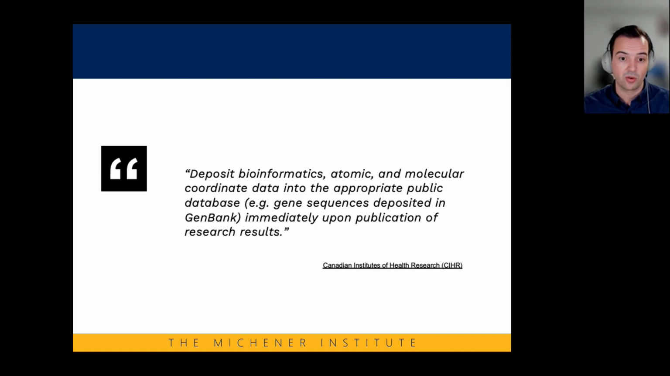CIHR has a very similar requirement: deposit bioinformatics, atomic and molecular coordinate data into the appropriate public database, and gene sequences deposited in GenBank, immediately upon publication of research results. So they're actually much more specific about the data that you were collecting, specifically bioinformatics, atomic and molecular coordinates, but I encourage you to do this with